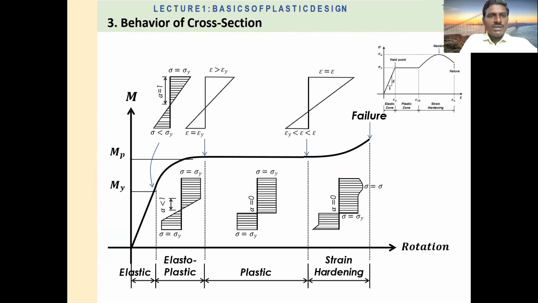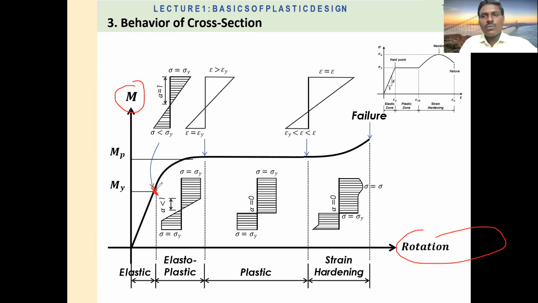Again here shown behavior of the movement also. In the last slide we have seen stress and strain behavior, but here we are showing the movement curvature relation. So if we see here, movement and rotation means movement curvature relations. So here MP at the yield point,